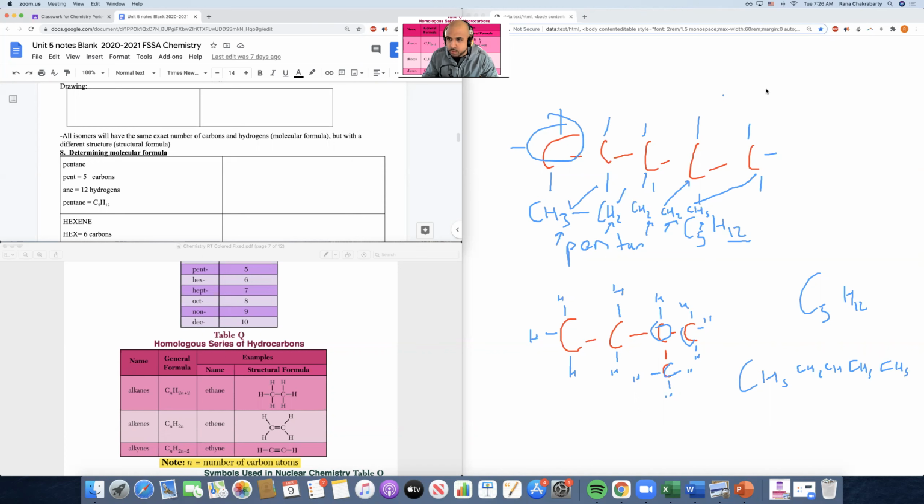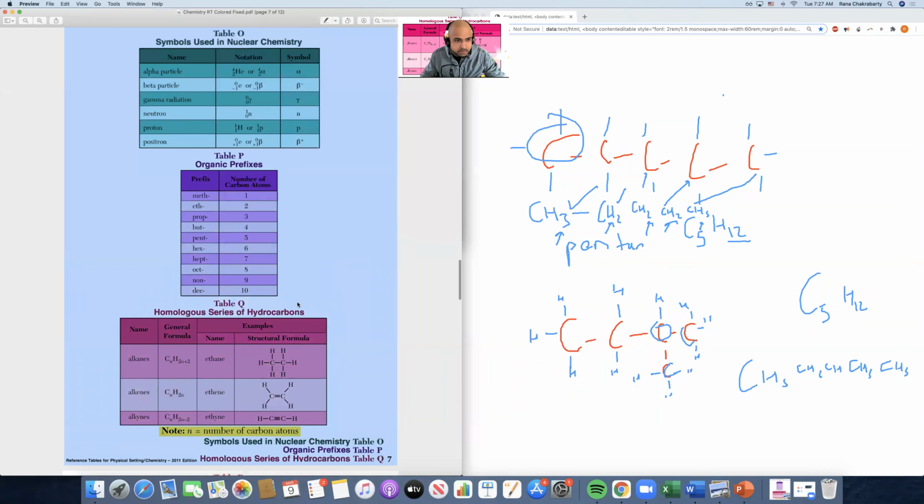And this, most students, the first time they see this would say, oh, it's on the third carbon. So it has a methyl group on it. So if it has a methyl group, you have to identify where it belongs. So most people say 3-methyl butane because the third carbon has a 1 carbon coming off of it. However,